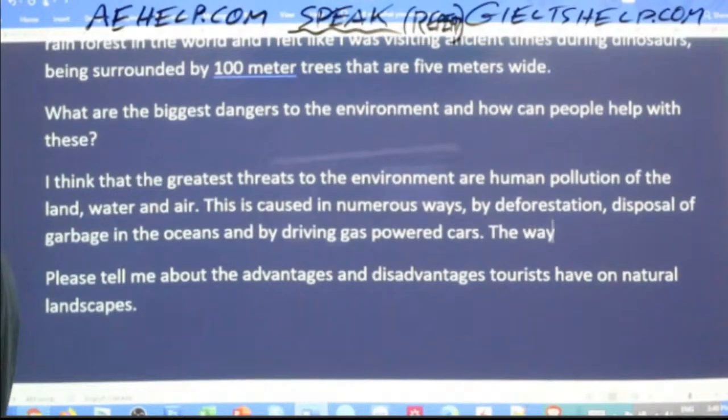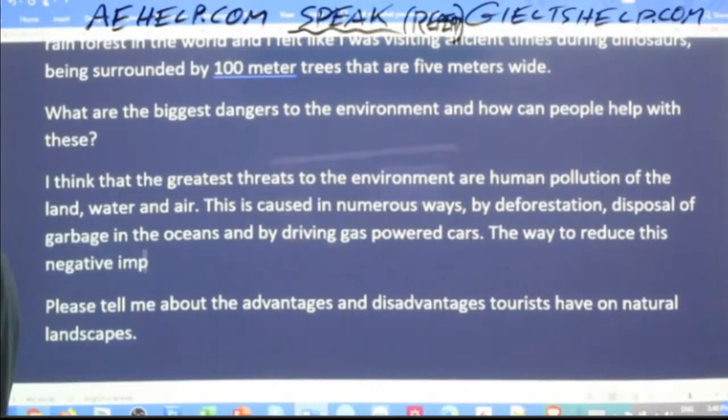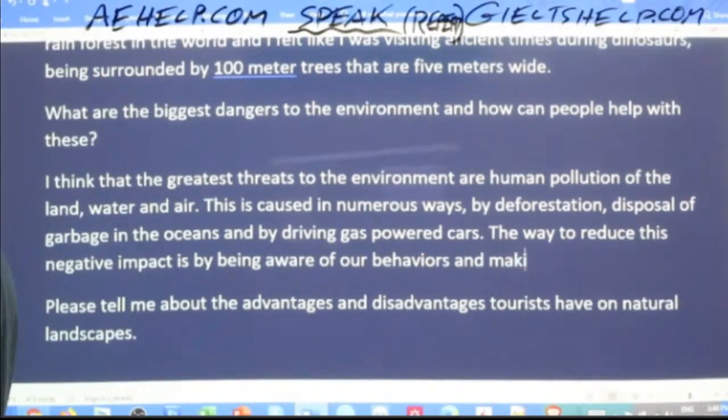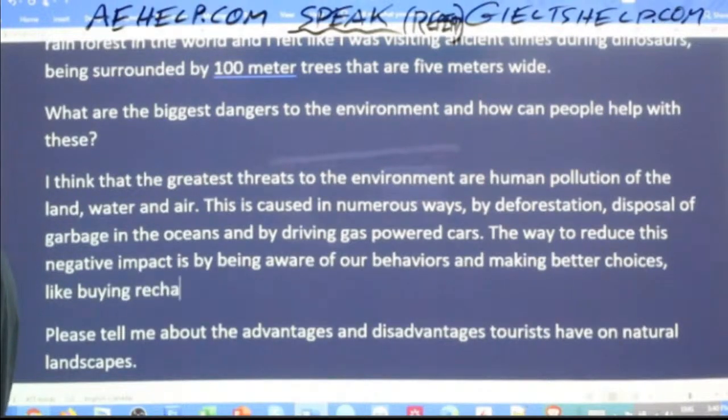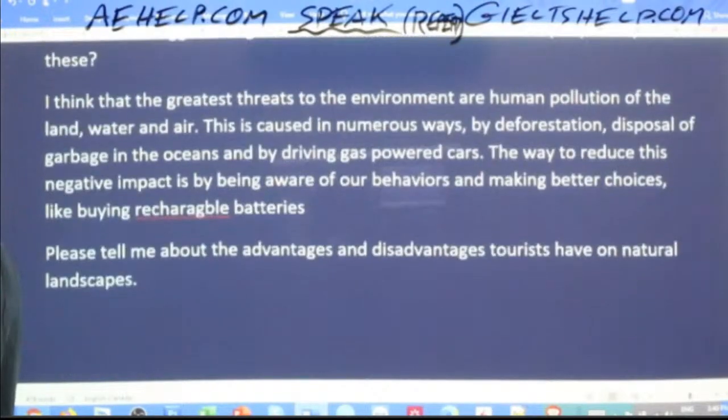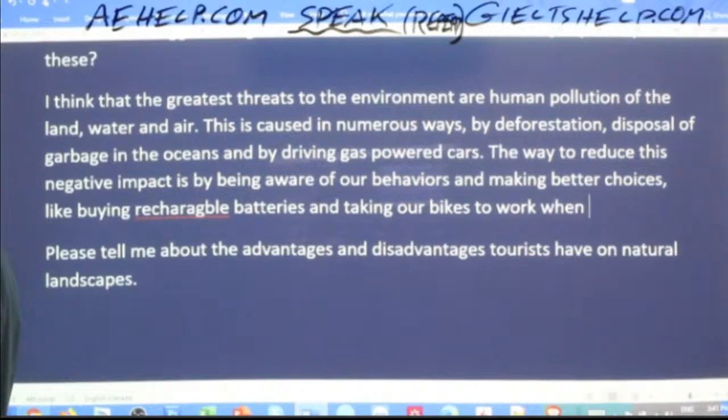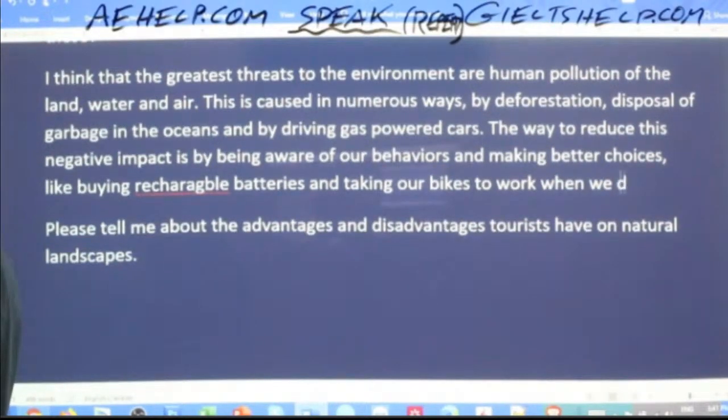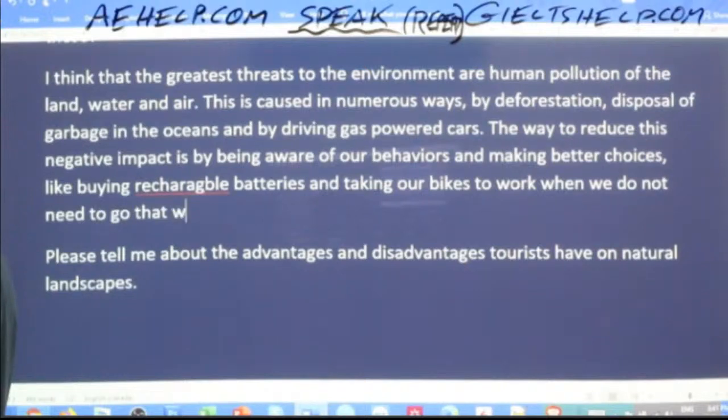The way to reduce this negative impact is by being aware of our behaviors and making better choices, like buying rechargeable batteries and taking our bikes to work when we do not need to go that far.